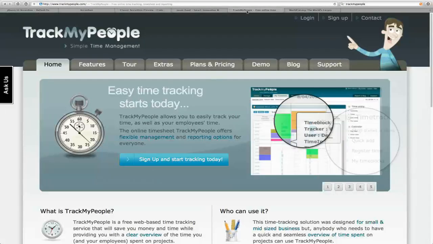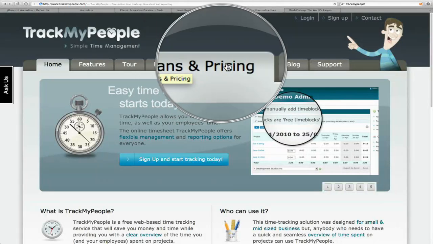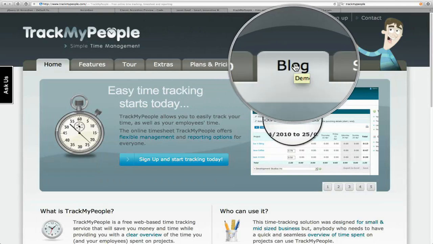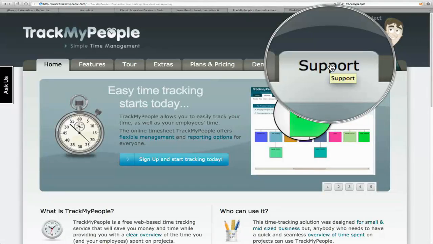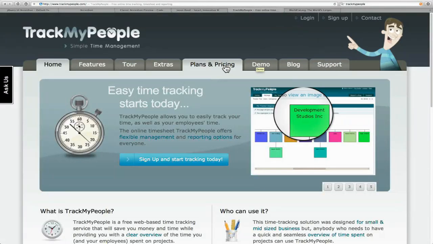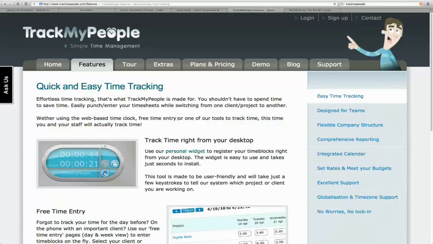Alright, tabs are a little bit different. And tabs are going to usually be static across the top of the navigational interface. In this particular case, as I move from tab to tab across the top, I get a rollover effect. So the active tab, the one that currently has focus, changes from gray to white, reminding me as I move my mouse along and simply hover over the tabs that if I click on it, something's going to happen. So if I hover over Features and click, then the content within the Features tab is revealed to me